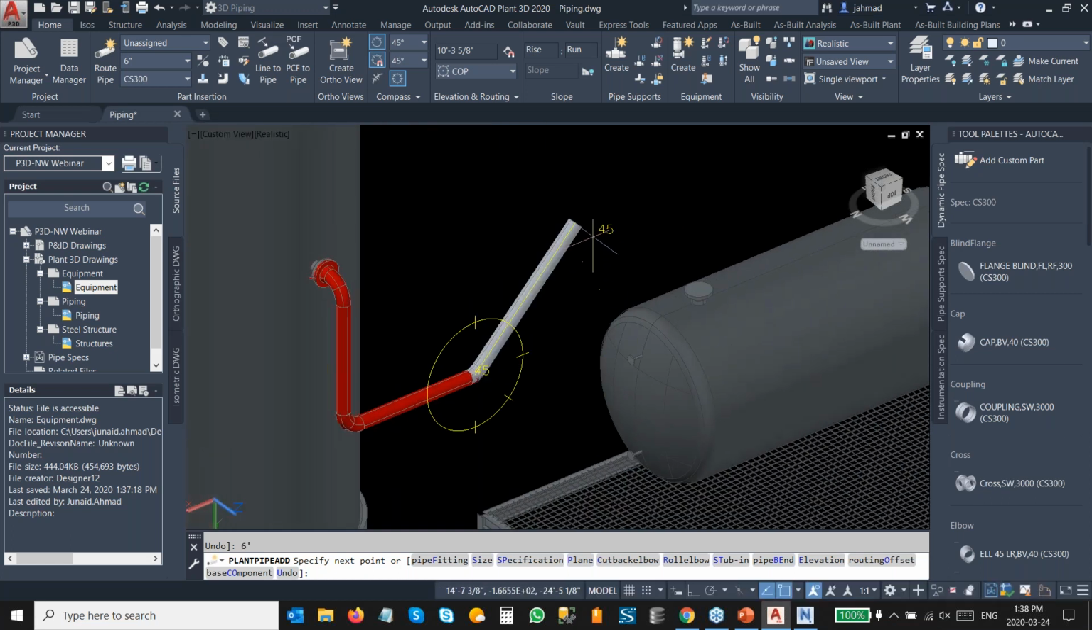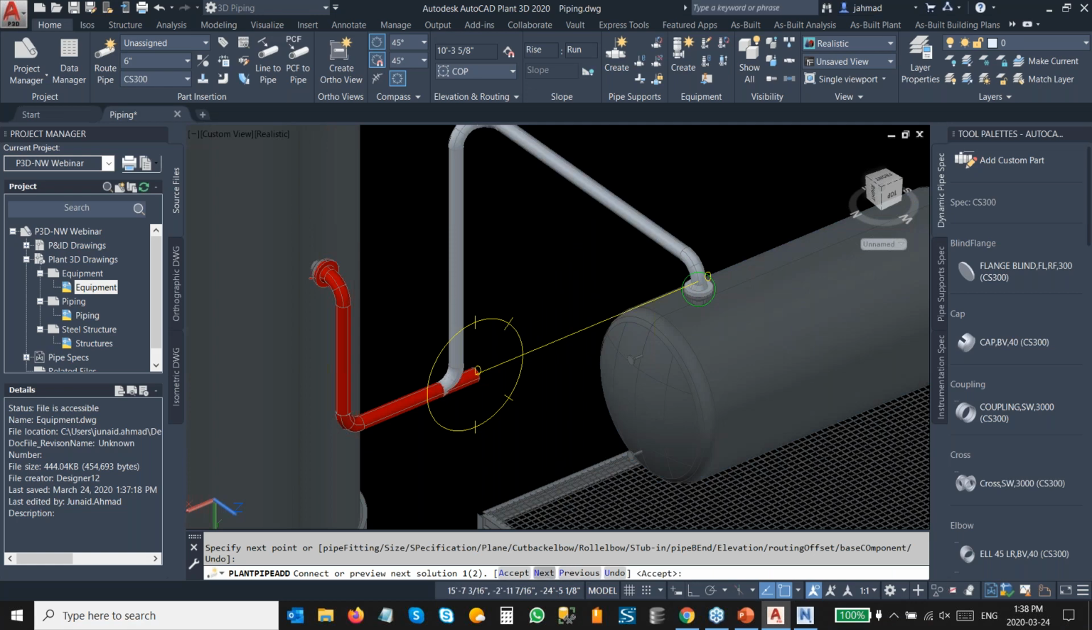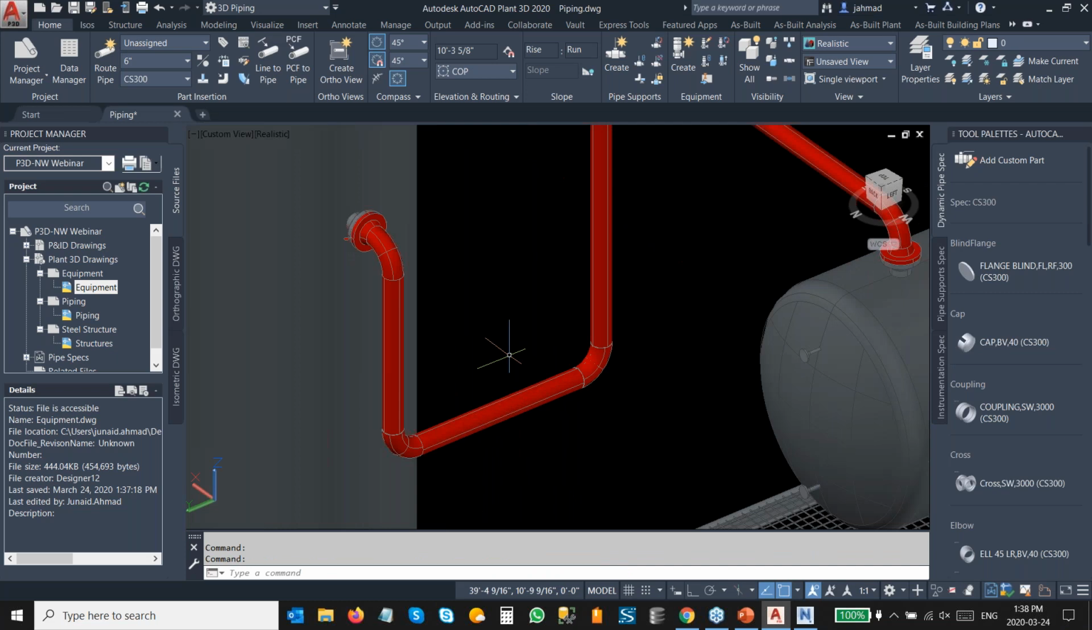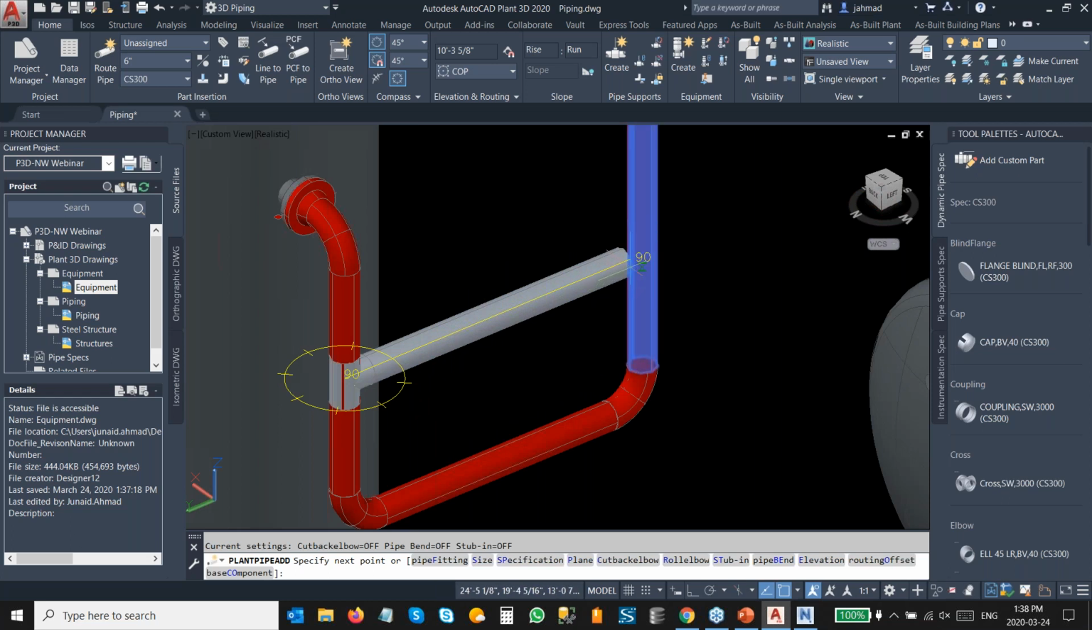And from here, I'm going to use a little bit of auto routing and snap to the node of the nozzle on the horizontal tank. And I'm going to accept the next placement, and the pipe is drawn. After that, I'm going to click on this vertical pipe and click on the plus sign grip, and I'm going to attach this pipe to the